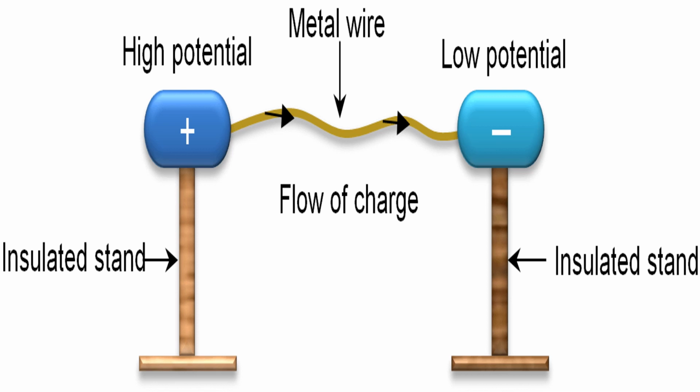This difference in the potential is called the potential difference. When the electrons move from a higher potential to a lower potential, that actually generates electricity. So we need two things for electricity. One is electrons moving and second is potential.